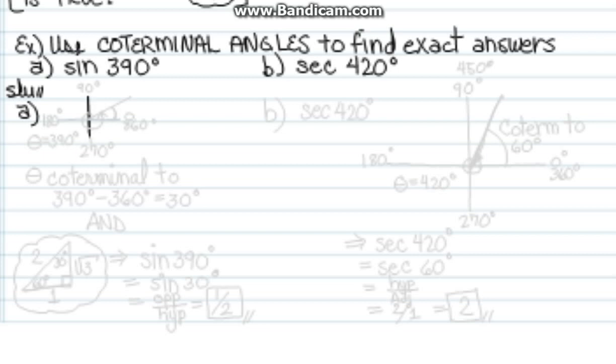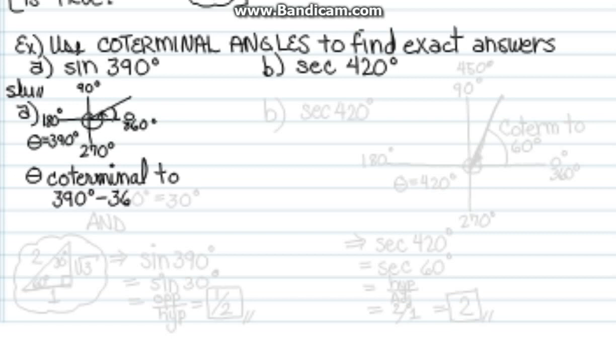Well, first, for part A, let's draw the x and y axis, and let's label in degrees the quadrantal angles: 0, 90 degrees, 180 degrees, 270, back up to 360. And then we're going to swing around 360 degrees plus a little more to get to our 390 degrees. And that implies that theta is coterminal to the angle